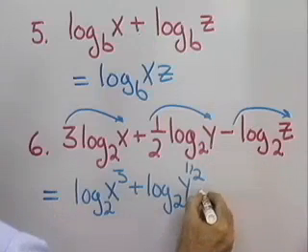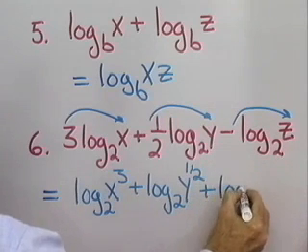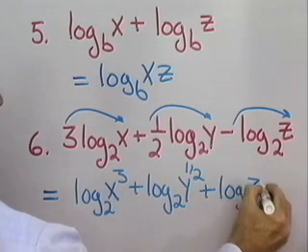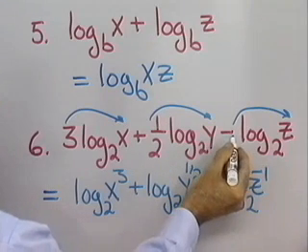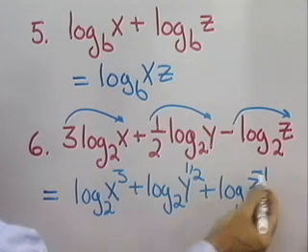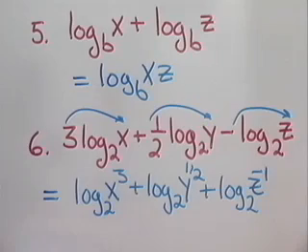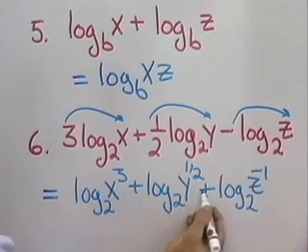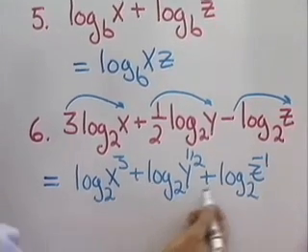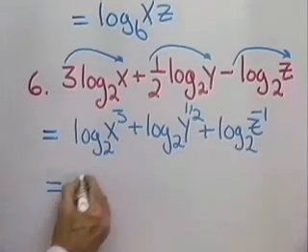This is just my preference for doing this problem. Not everybody likes to do it this way, but I do. So I can think of this subtraction sign as a coefficient of -1. I'll take that back to that exponent on z. Now, it's all addition right here with logarithms of the same base, so I'm going to use property 1 for